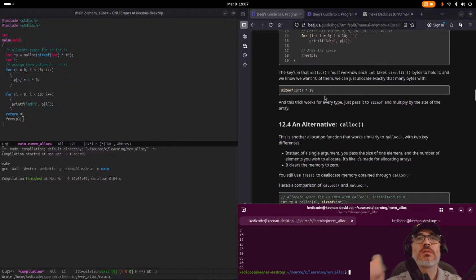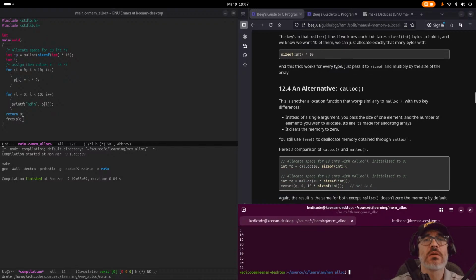The key is that malloc line. If we know each int takes sizeof bytes to hold it, and we know we want 10 of them, we can just allocate exactly that many bytes. Yep. An alternative